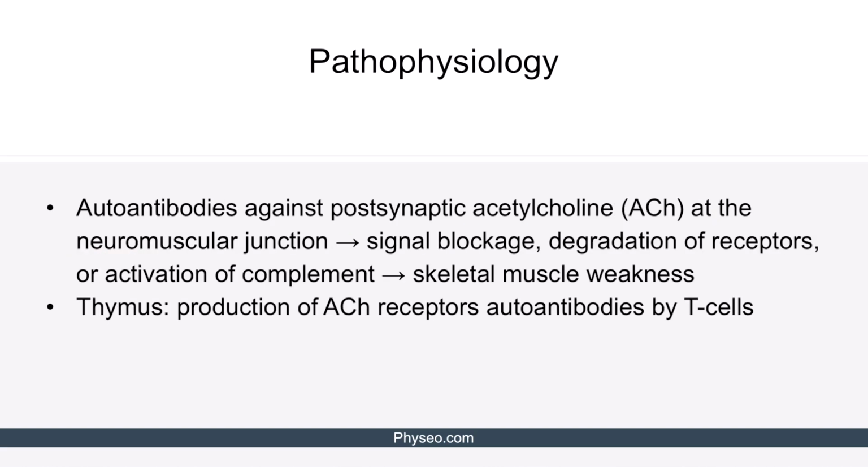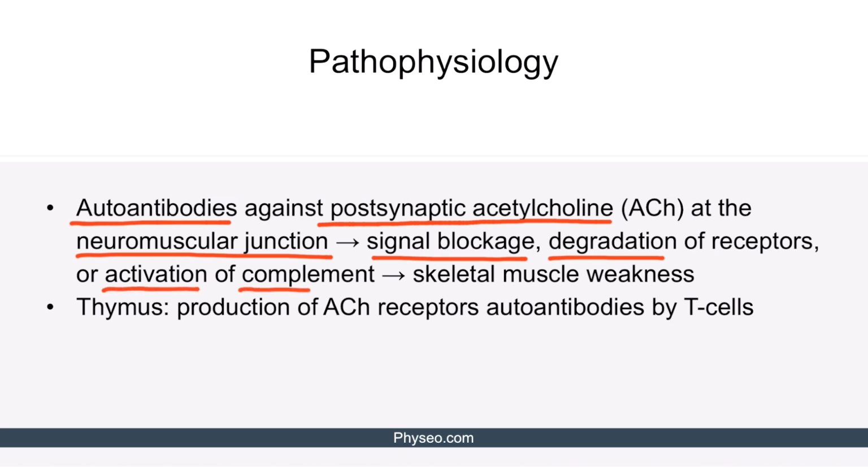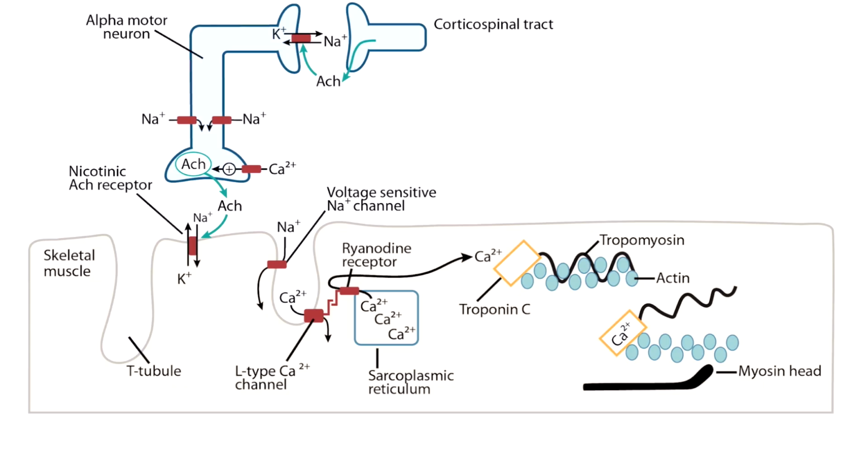In myasthenia gravis, autoantibodies are targeted against postsynaptic acetylcholine receptors at the neuromuscular junction, and this leads to blockage of signal transmission and degradation of the receptors. Activation of complement can also occur. This all leads to skeletal muscle lysis and weakness. It's also thought that the thymus plays a role in the production of autoantibodies against acetylcholine receptors by dysfunctional T cells. Let's take a look at this image to remember the physiological transmission of signaling at the neuromuscular junction, and